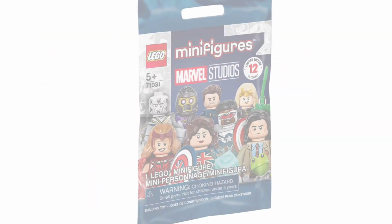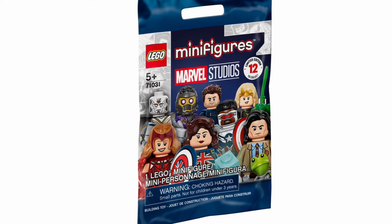So, let's start with the packaging here. The color here is a dark shade of blue. We also have some characters in the background there, which I really like. The characters we have on the front here, starting from the bottom left